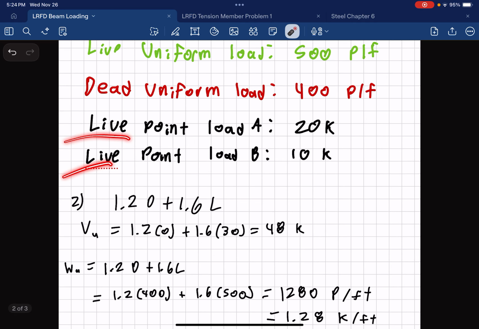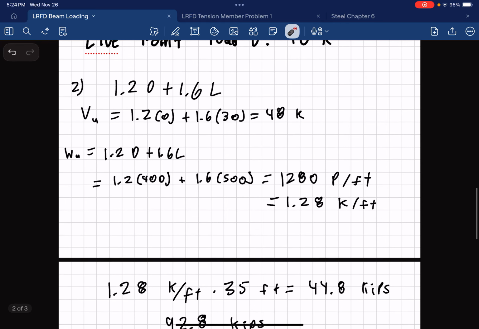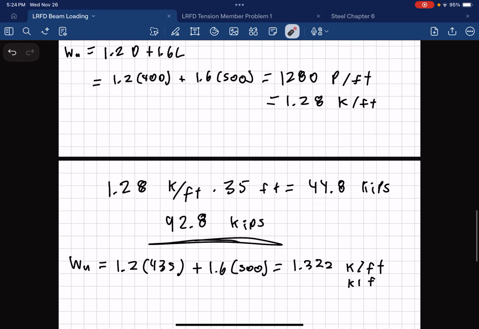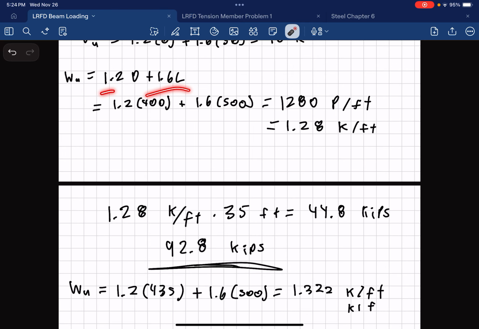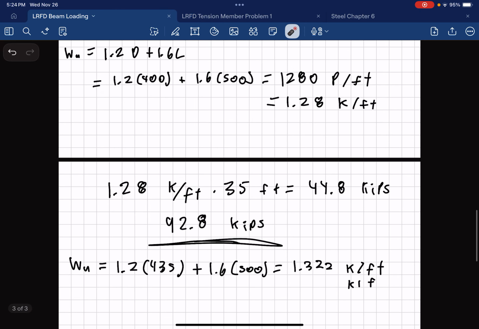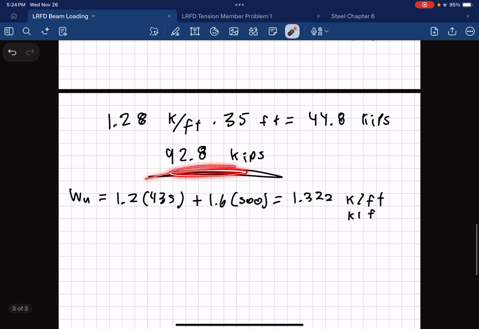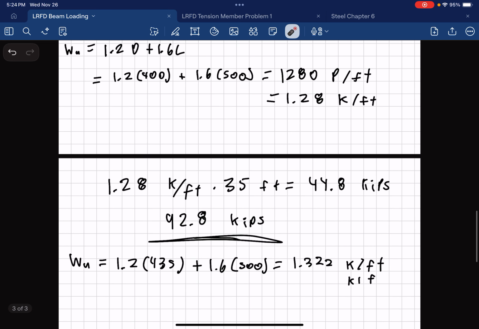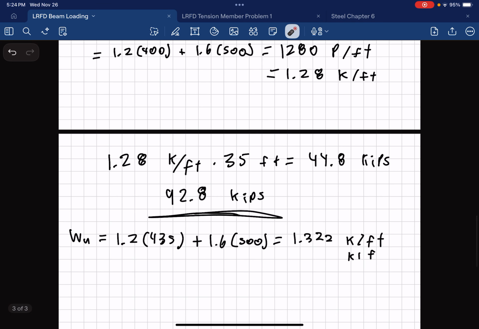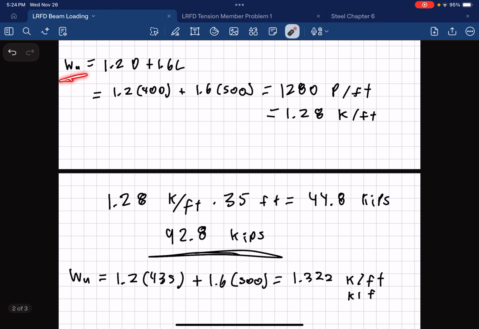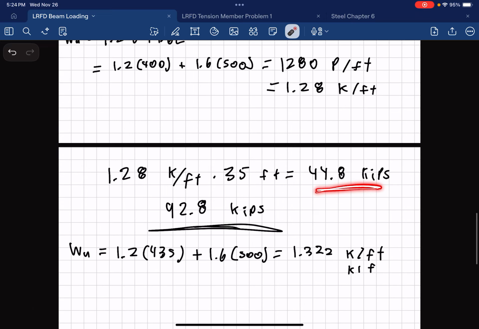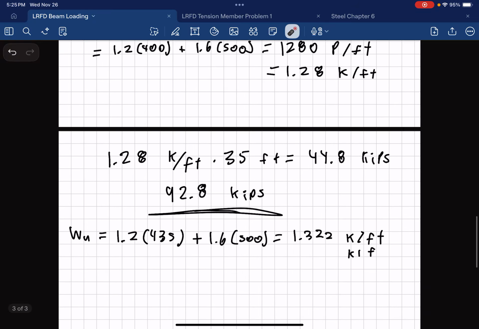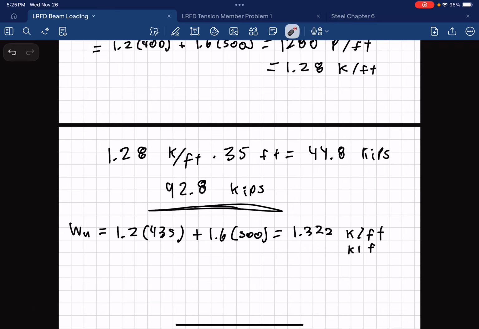We were given 2 live point loads that we went through and factored to get a point load of 48 kips, and then we were able to take the distributed loads, both dead and live, and figure out what the weights would be, including and not including the self-weight of the beam. And then we actually didn't do this for the final weight here, but you understand the idea. We were able to calculate the final total loading on the beam by using 1.28 kips per foot, which we were given from WU up here, multiplied by the 35 feet, and then we were able to get 44.8 kips, which when added to the 48 kips from the point loads gives us a total load on the beam of